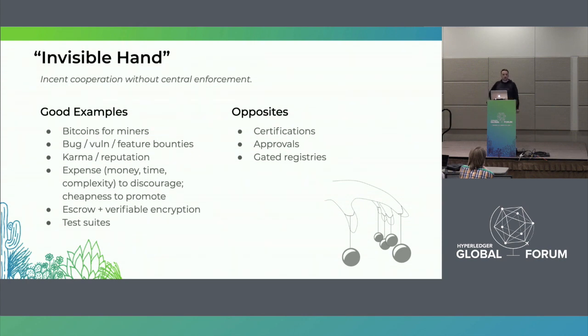Okay? It's not only in Bitcoin miners that the invisible hand pattern shows up. How about announcing a bounty for a bug or a reporting of a vulnerability? You're not actually controlling anybody's behavior when you do that. You're indirectly influencing it because you're creating an incentive that leads people in a direction that you want to go. And the direction is responsible disclosure of vulnerabilities, for example, or whatever the thing is that you're trying to incent.